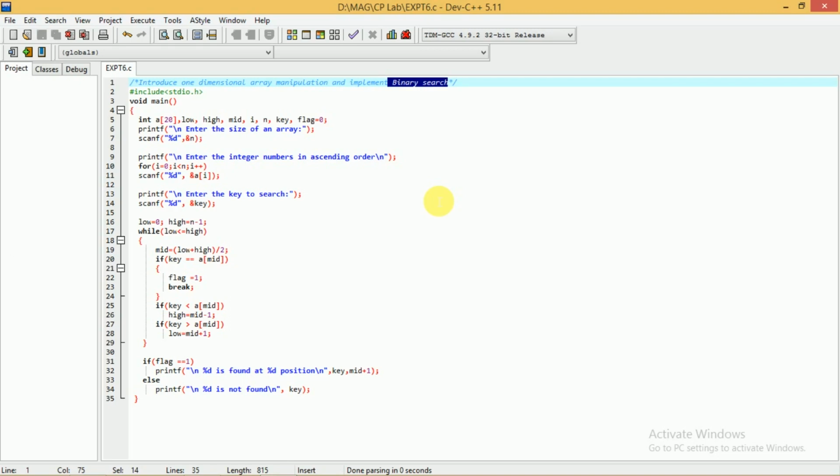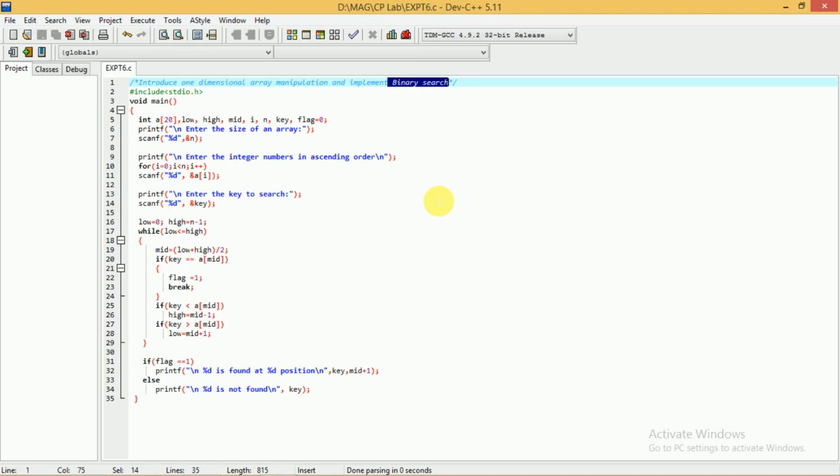As I told you, first we have to find the middle element. After that you have to compare whether the given key is equal to the middle element. If the key is equal to the middle element, the key is found, and we display the message that search is successful. If the key is not equal to the middle element, then what do we have to do? We compare the value of the key with the middle element, because we know that the left-hand side values are less than the middle element and the right-hand side values are greater than it. So we check whether the key is less than the middle element.